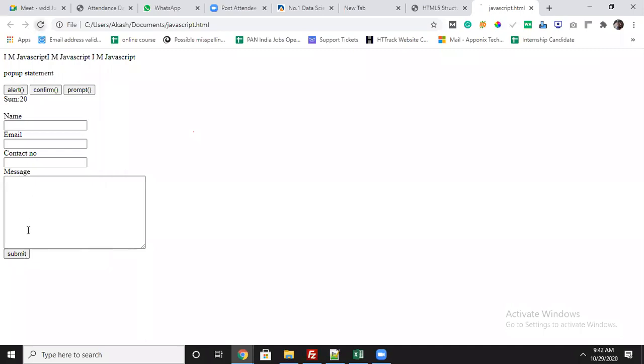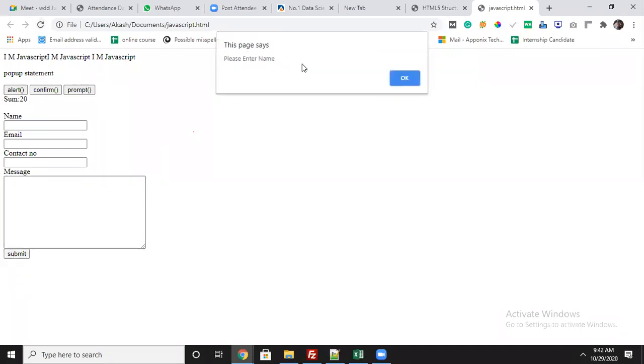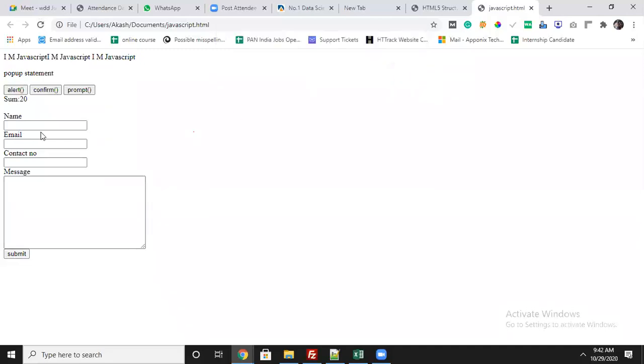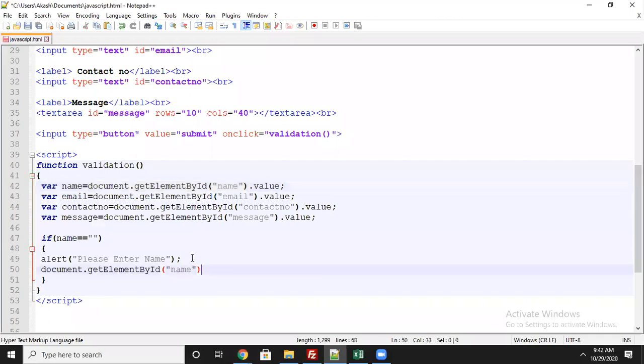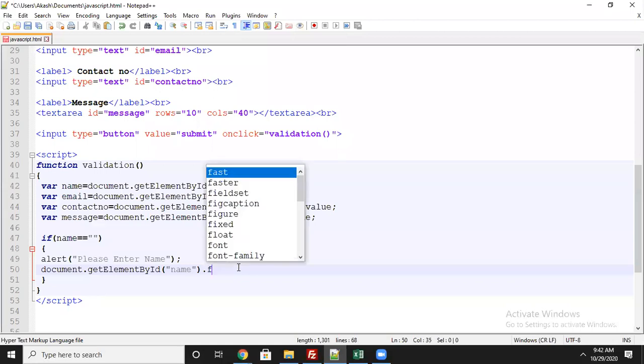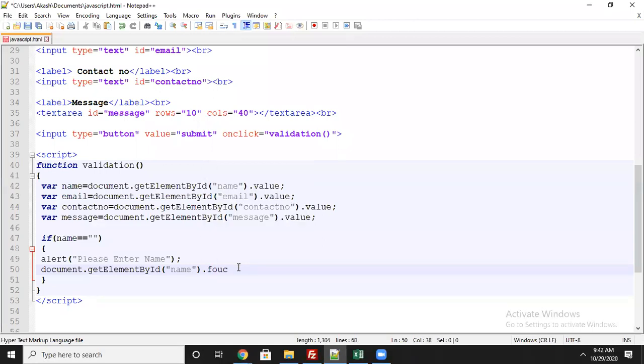But whenever it is coming empty, if it shows please enter name, when I click, it should focus only the respective field. For that purpose, you have to integrate the focus function. Again, I will do the same. Through an id reference, I will focus: document dot getElementById. Document means the whole document it will select. In that it will look for the id name. Id is unique, that is the purpose we use it here, targeted via id. Let's see, focus is the function.